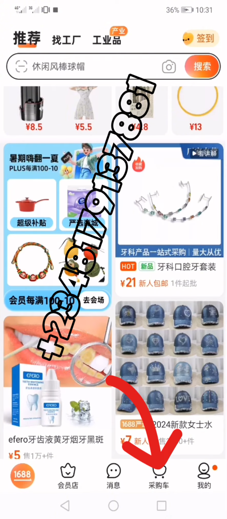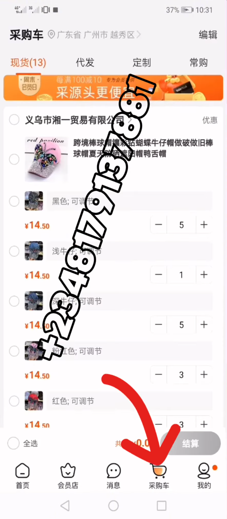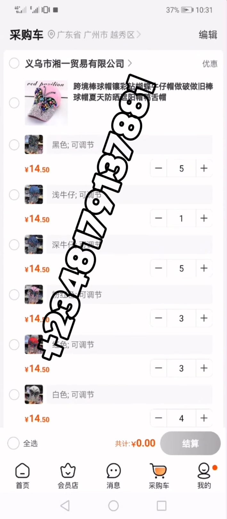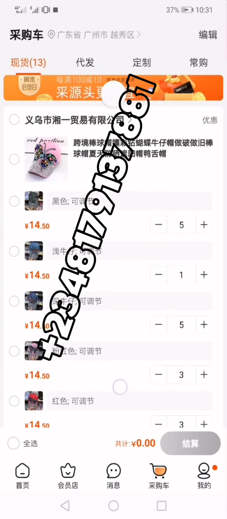So I'm going to click on my shopping cart here, and this is the very home page of 1688 where I'm locating this particular cart. Now I'm going to mark these orders here,